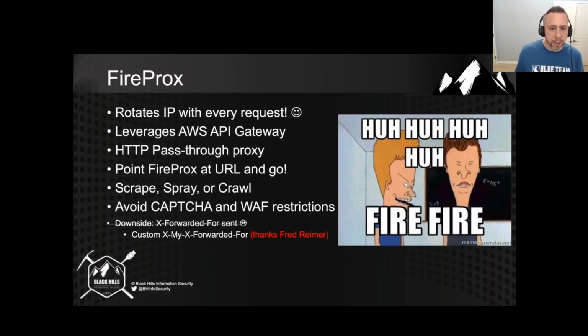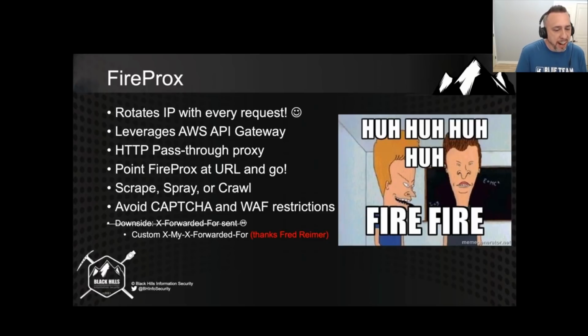So it's using the AWS API Gateway. And what you're doing is you're basically setting up an HTTP pass-through proxy. If you're familiar with the HTTP protocol, you'll know the GETs, and you have POSTs, and you have HEADs, and you have OPTIONS, and all these different methods. This does basically any of them, so you can set up any to any. And what you do is you spin up this API Gateway proxy, you point it at a URL destination, and it doesn't have to have the full URI. It could just be